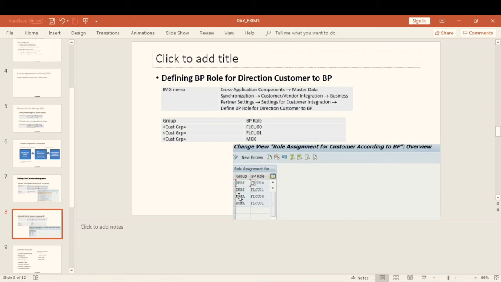Even the MKK role is added similarly: the account group DEBI is given one more time, and MKK is added. So to this account group, we will add these business partner roles, and this group is linked to the CRM business partner grouping.